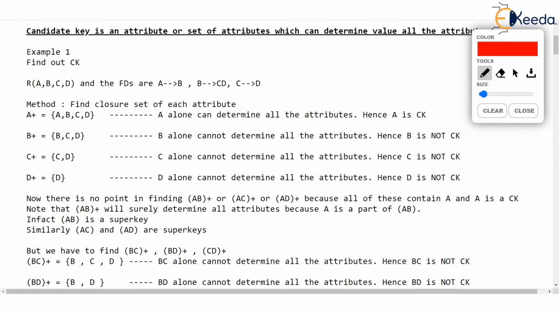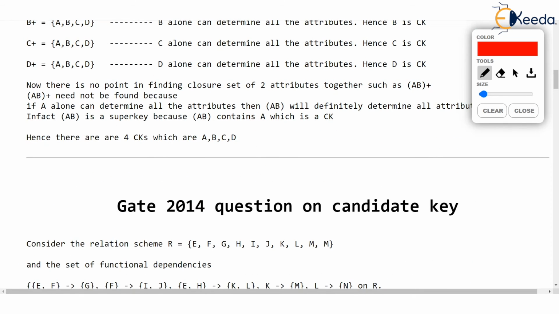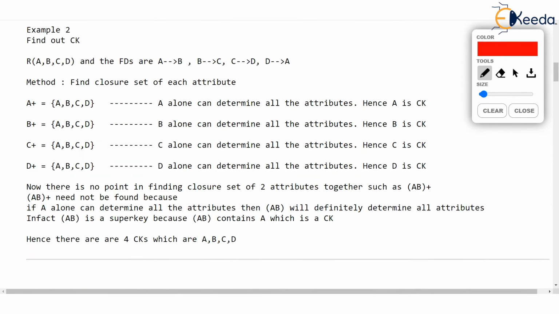All right, here is example 2. We will just concentrate on this example now. This is very interesting. You watch. These are the functional dependencies given. A determines B, B determines C, C determines D, D determines A. Then who is the candidate key? Now you watch, if you find A closure, the smallest attribute we have started, one attribute, isn't it? A closure, it will contain A, B, C, D. Find it out. It will contain A, B, C, D. That means A determines everything. So A is the candidate key. Similarly, if you find B plus, B closure, it also contains all the attributes, C plus also and D plus also. So all are candidate keys, A, B, C, D.